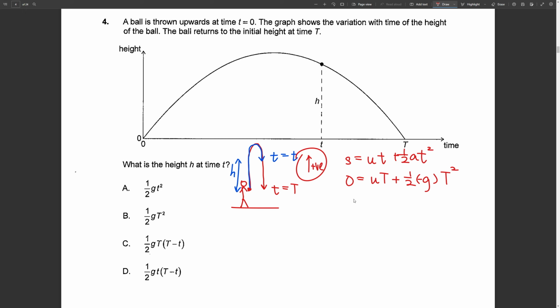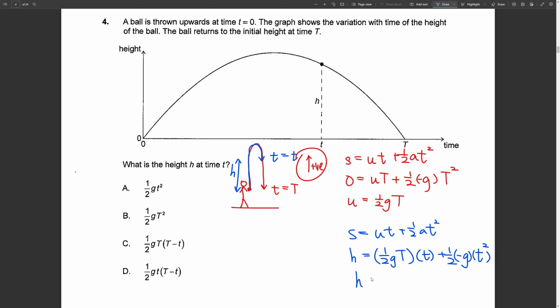And then we can rearrange to make U the subject. U is half g capital T. And let's apply this information to the blue journey. For the blue one, S is unknown, H, U is half gT, time is small t, acceleration A is negative g again, time is small t squared. So after rearranging, you should get H is half g t, big T minus small t,